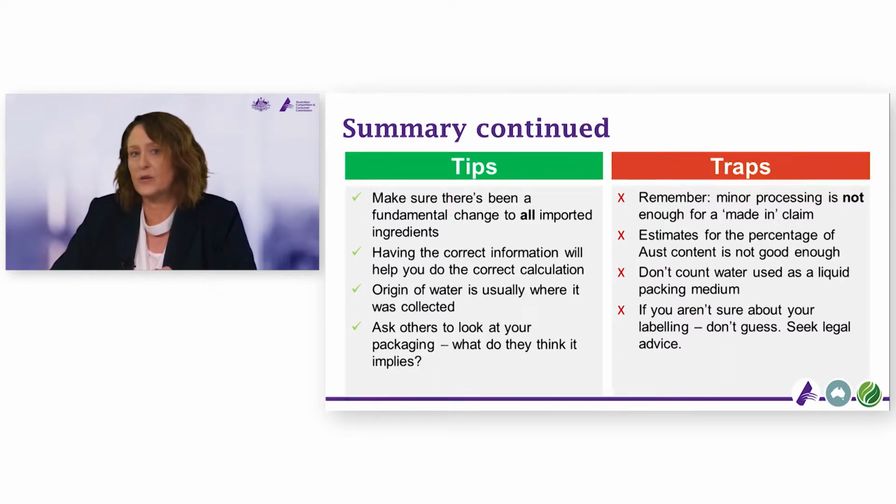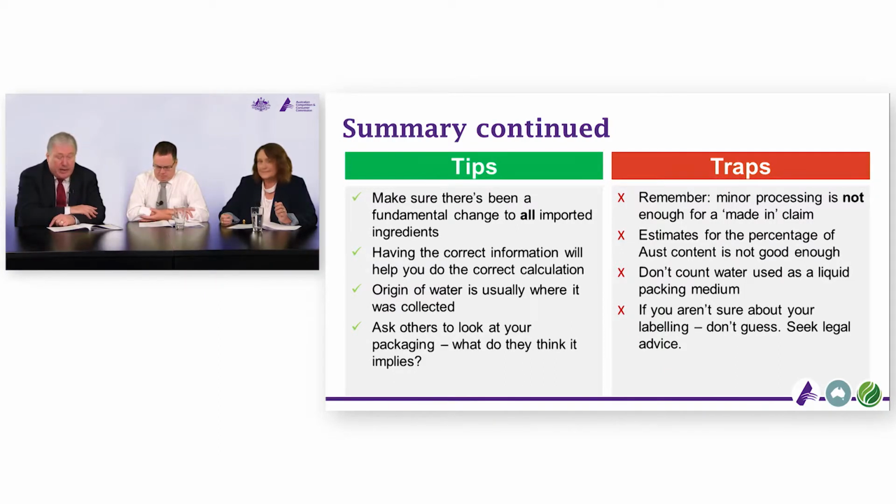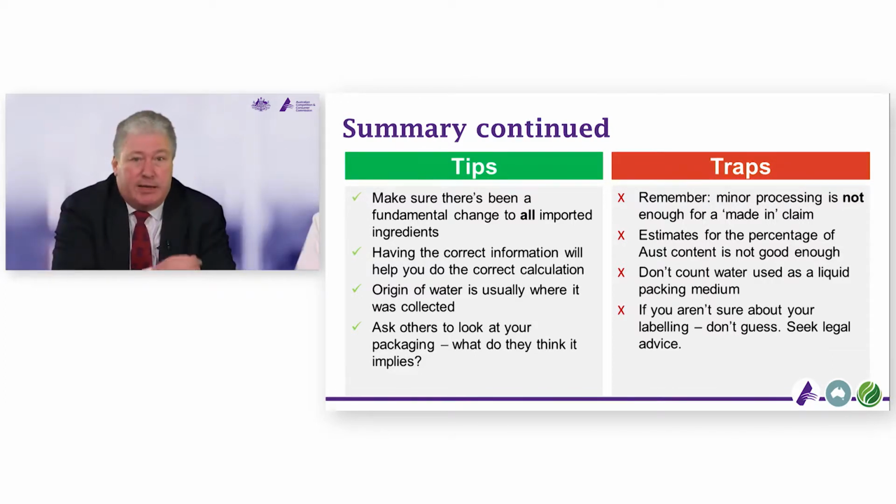If you have to use the kangaroo label or the bar chart only label, you'll need to be ready by the 1st of July 2018. On that note, I'd add the question, has my product been substantially transformed? This is going to be a crucial question for many businesses. The answer is the difference between saying your product was made in a country or having to make another claim.